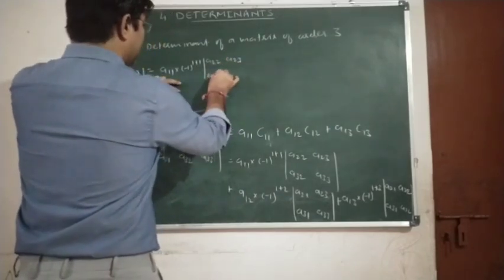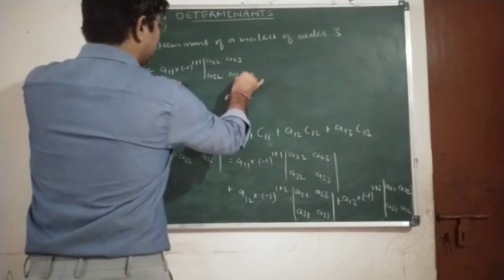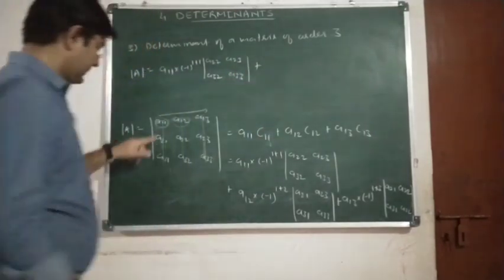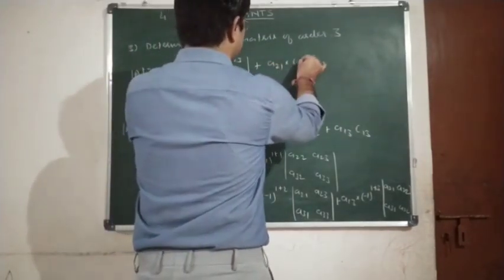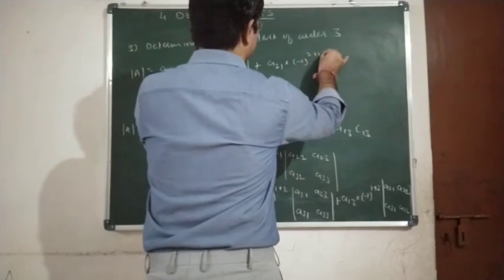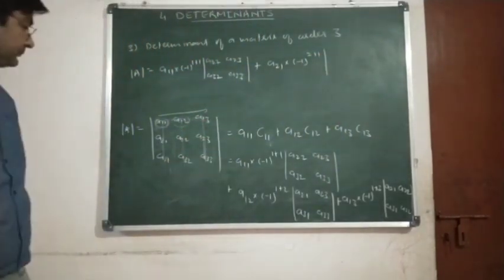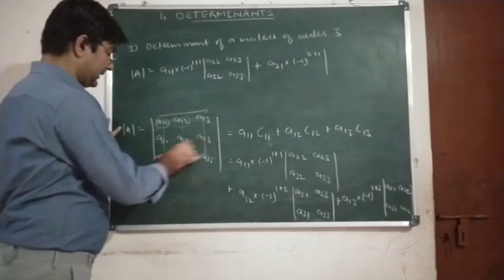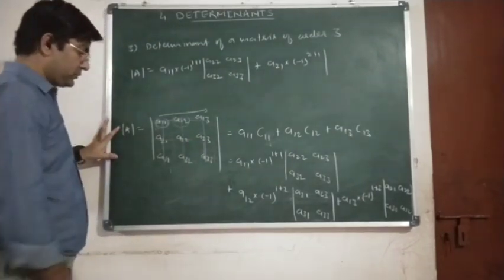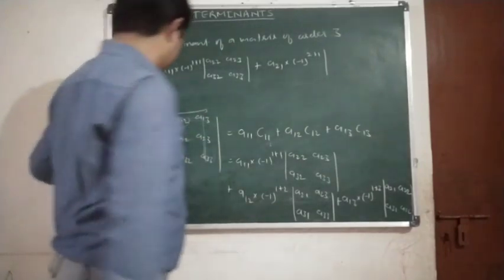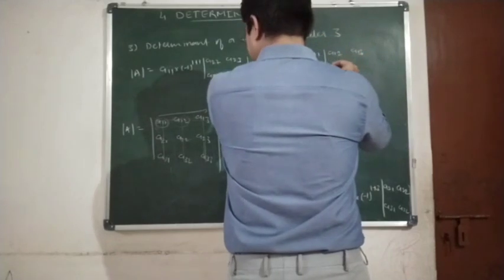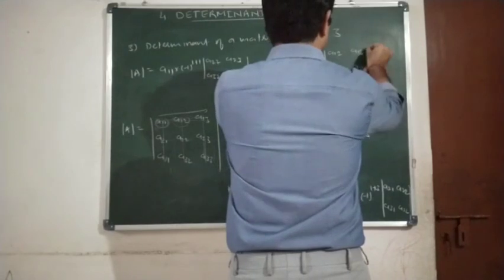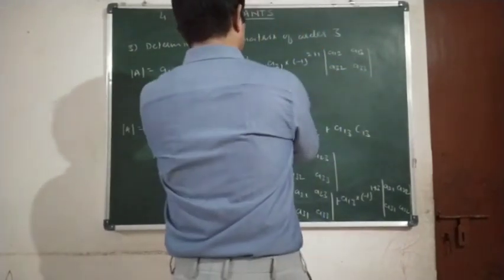A22, A23, A32, A33, plus A21, the second element of the first column, multiplied by minus 1 raised to 2 plus 1 into, okay, now we will eliminate the second row and first column. So you will get A12, A13, A32, A33, okay, again plus